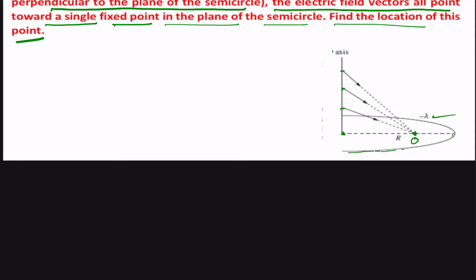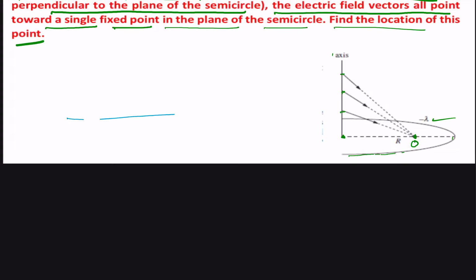So in this case, let me draw it in a more traditional way, which we are used to. Let us suppose this is our x-axis, and on this we have a semicircle wire, and suppose this is the center, let us call this center C, and this is our origin. On the left side we get minus R0, on the plus side we get plus R0, and the axis on this C,